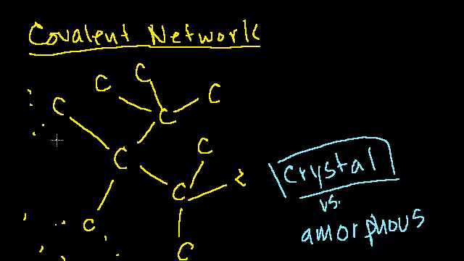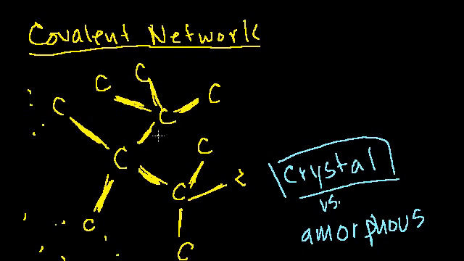The reason why this is such a strong structure is because you can almost view the entire, in fact, you should view the entire diamond as one molecule, because they all have covalent bonds. These are actual sharing of electrons, and these are actually the strongest of all molecular bonds. So you can imagine if the entire solid is made out of this network of carbons, you're going to have an extremely strong, extremely high boiling point substance. And that's why a diamond is so strong, and that's why it's so hard to boil a diamond.